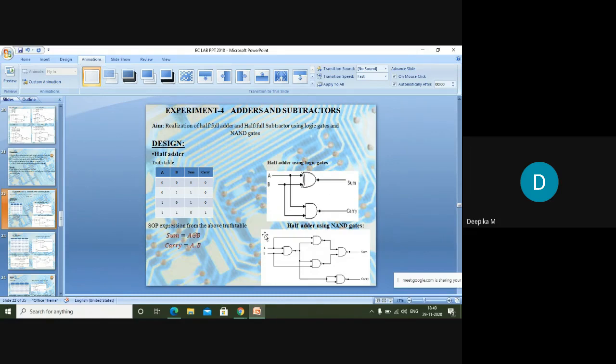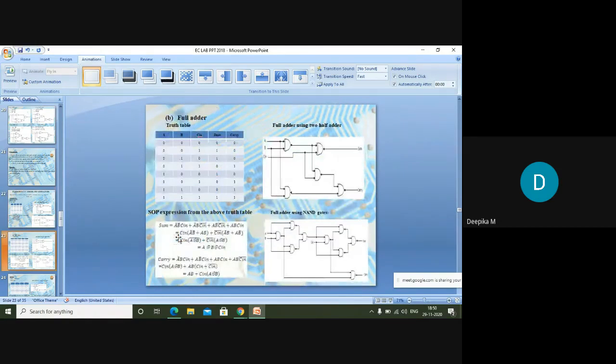And coming to the half adder using NAND gates, that is using a universal gate. First of all I'll be NANDing these two terms, and again I am going to use two other NAND gates, and this will be given to another NAND gate. So this will give you the sum and this will give you the carry. So this is with respect to the universal gate. And coming to the full adder,